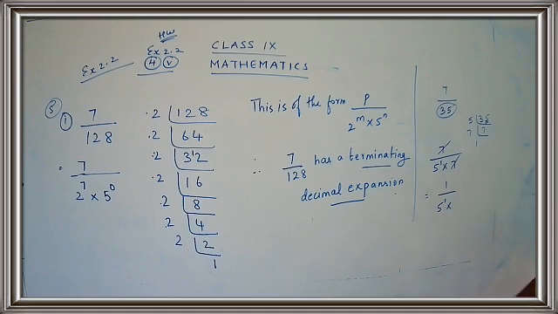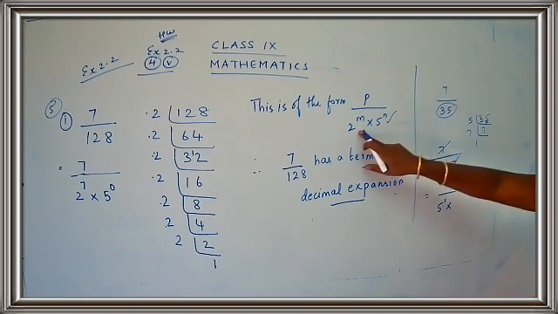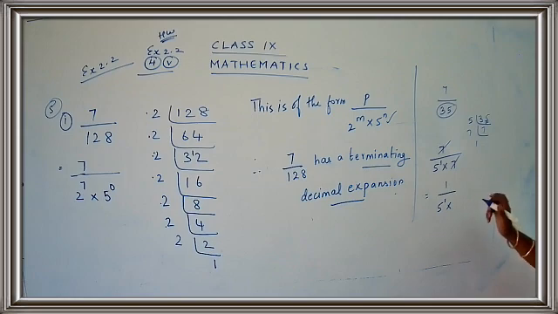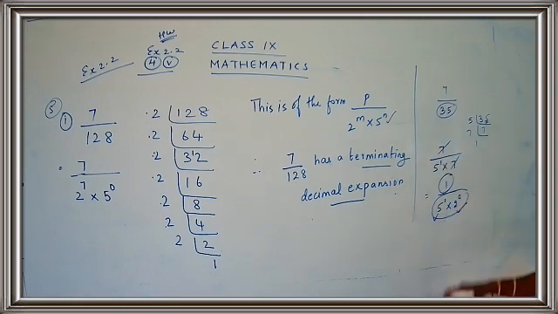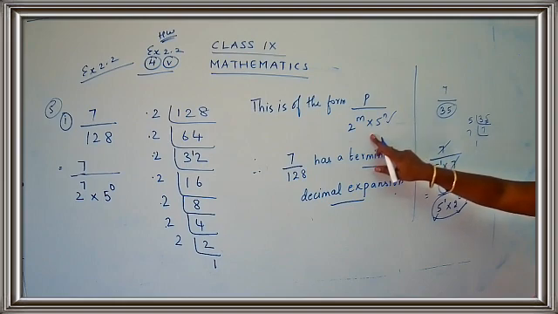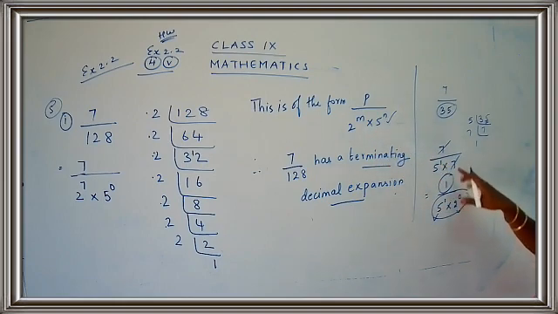Now which number is missing, children? I am having 5, yes. Now which number is missing? 2 is missing. So what we can do here? 2 raised to 0. So we have 2 raised to m, we have 5 raised to n, we have p. What is p here? p is 1. What is the base 2's m here? 0. 5 is the base. What is n here? 1. So we can write it in the form p upon 2 raised to m into 5 raised to n. So you can call this 7 upon 35 a terminating decimal expansion.